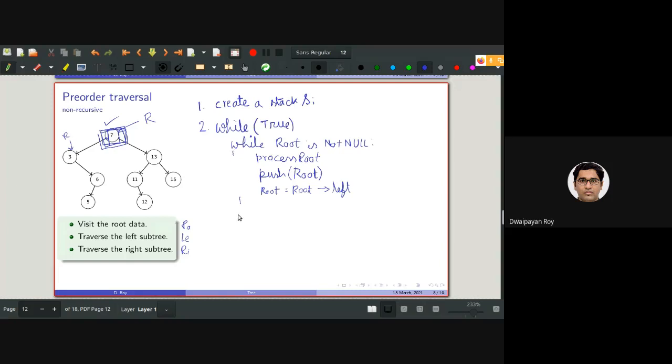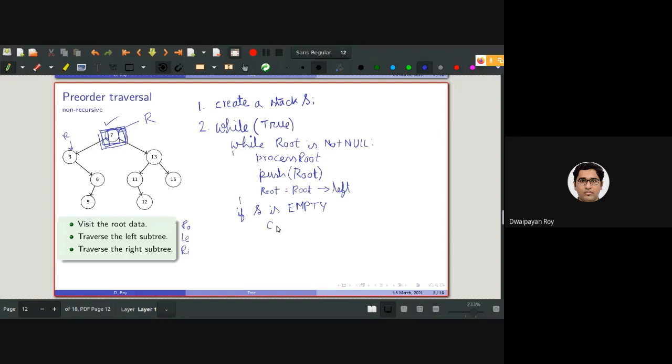Now we need to check outside this while loop if the stack is empty or not. And if the stack is empty, then it means that the traversal is completed.